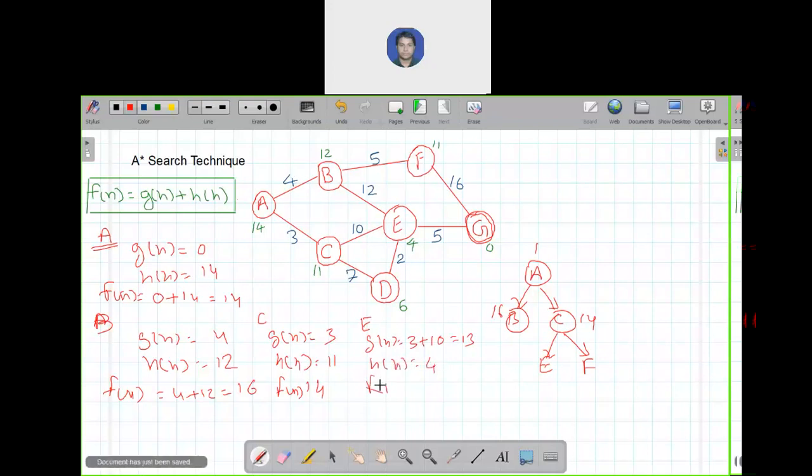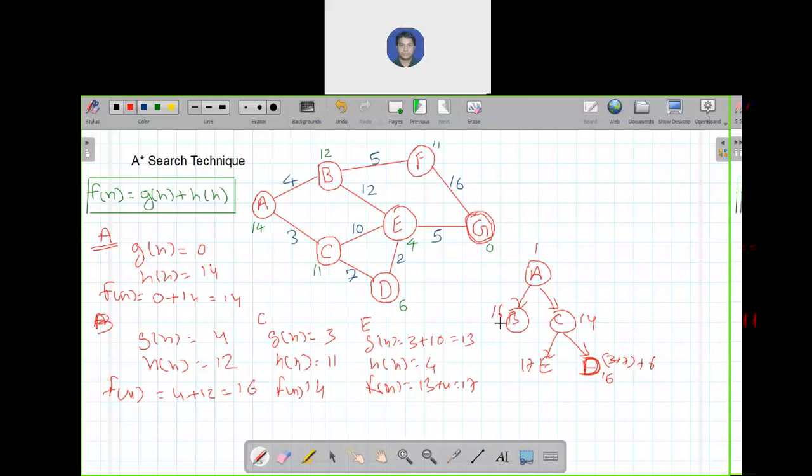So Fn for this node E is 13 plus 4, which is 17. Same for D, sorry, for C there is D. It is 3 plus 7 plus 6, which is 16. Now we have three terminal nodes in our tree.